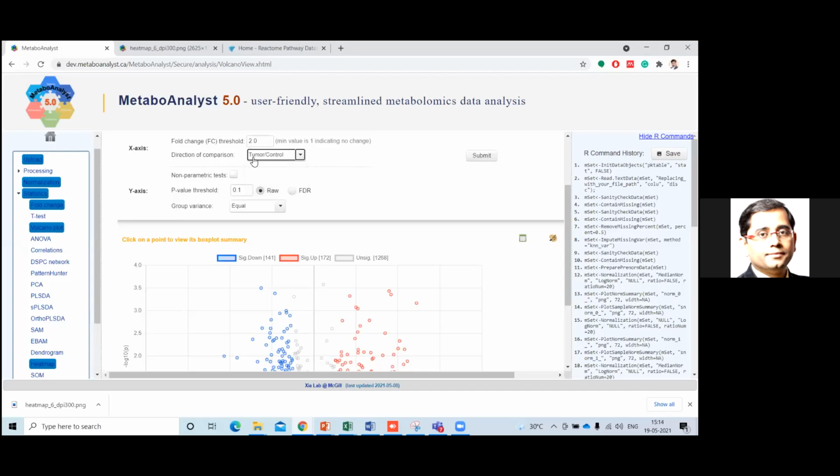So over here, the top settings are the same as I have shown: the fold change is 2, and tumor versus control. But over here, we are taking a p-value threshold of 0.05. So what does this mean? When you are trying to establish that there is no variation within the group, you are still giving a 5% chance of error and 95% confidence.